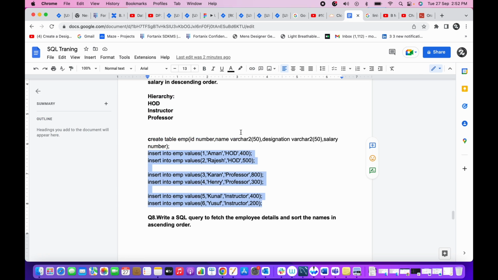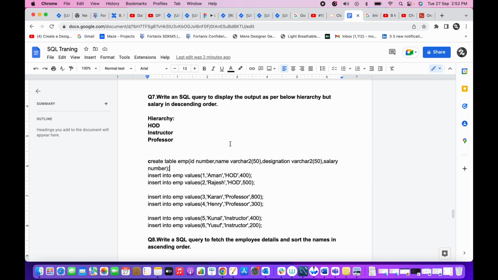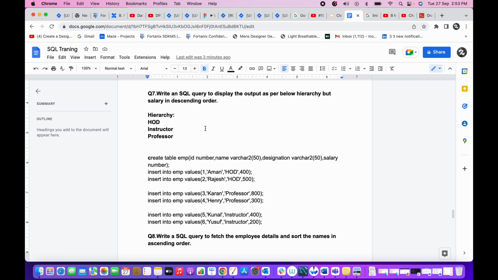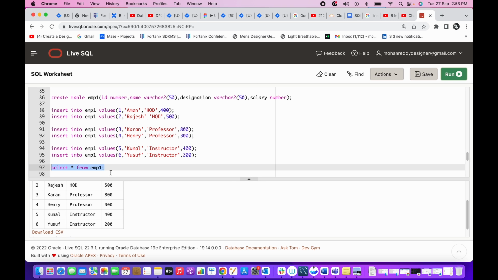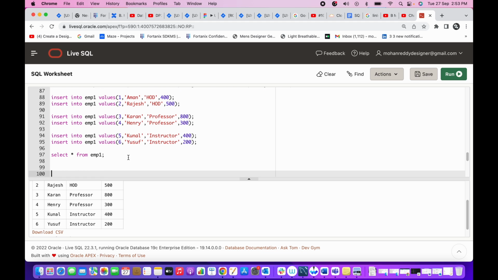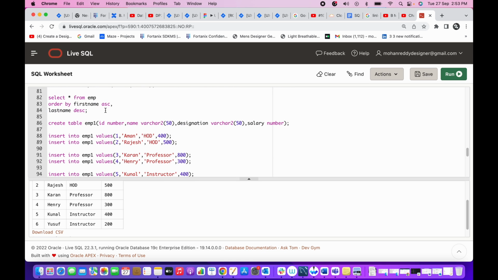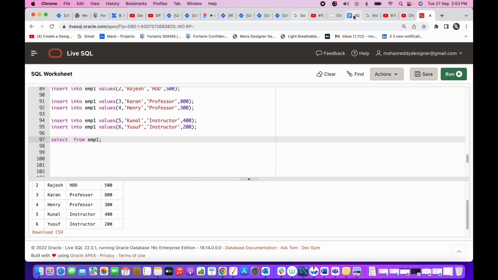Now the ask here is that we have to display the data in terms of this hierarchy. First column will be hierarchy, the second is head of the department, third is instructor, and fourth is professor. And we need to perform an order by clause, which is descending order of the salary. That's simple. Now let's go to live SQL and alter this command only. First, the column name for hierarchy is HOD, head of the department,